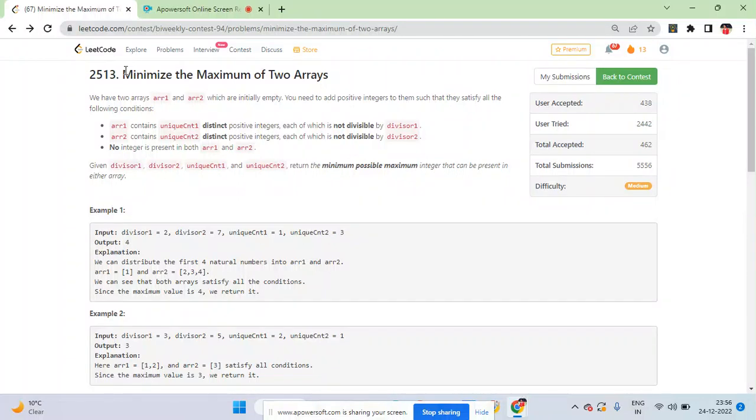Now we are doing the third problem of today's contest, LeetCode Biweekly Contest 94. Today's date is 24/12/22. So in this question, you need to create two arrays A1 and